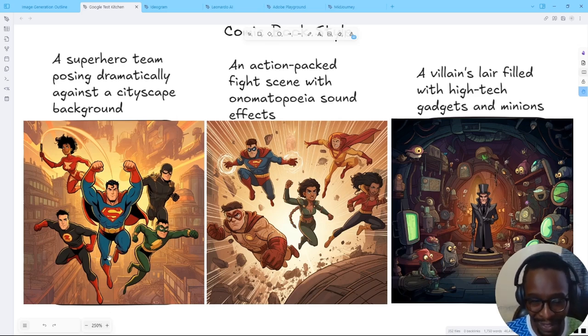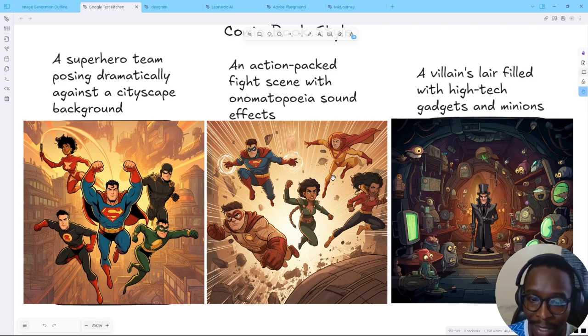Here it's more of the front of the comic book, but still it looks pretty good. One of the best, I dare say, that we've gotten so far. This looks like a combination of cartoonish and comic book, so it's a very modern comic. It looks really good. Even when you see the second image, which is supposed to be an action-packed scene